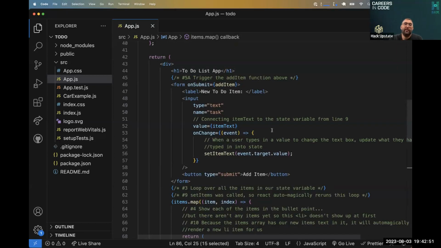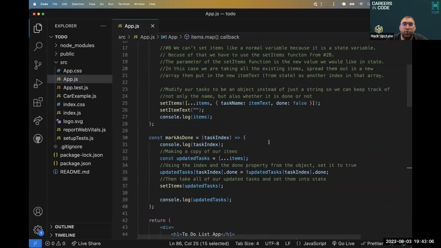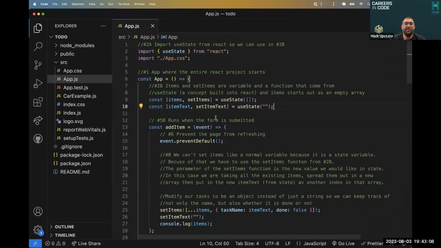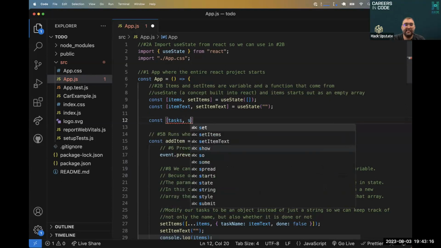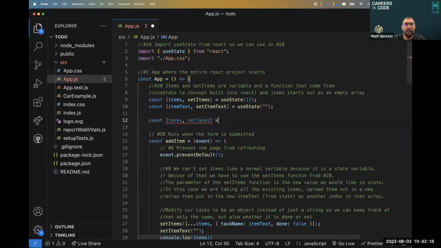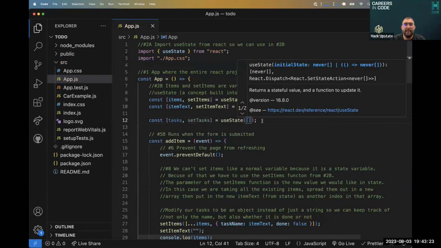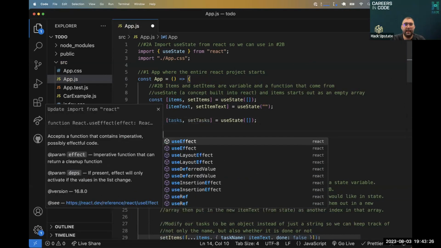There are two ways of doing that. We can do it the manual way, and then we can do it, I don't want to say the hacky way, but the way using newer features of JavaScript. So just for the sake of an example, I'm going to create a second thing called tasks and set tasks. We're going to use state, and that's going to be an array. And then anytime that